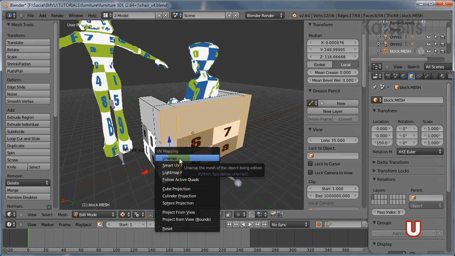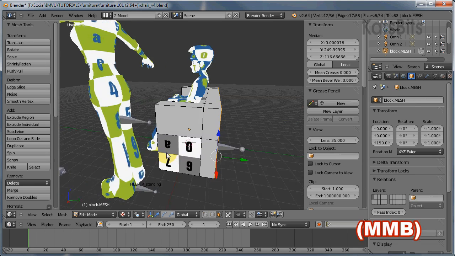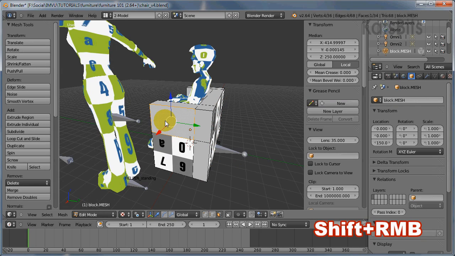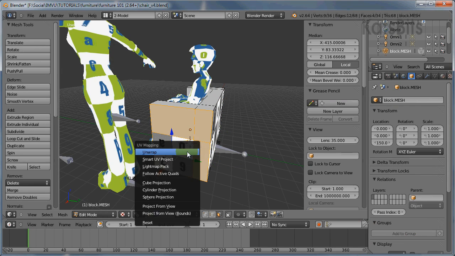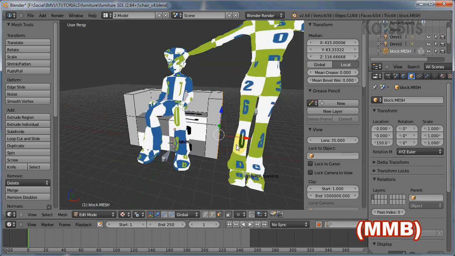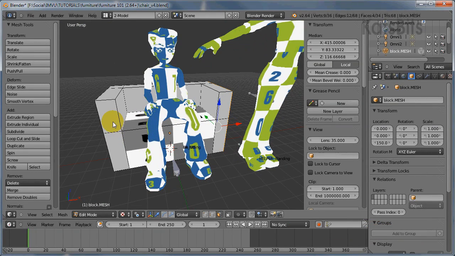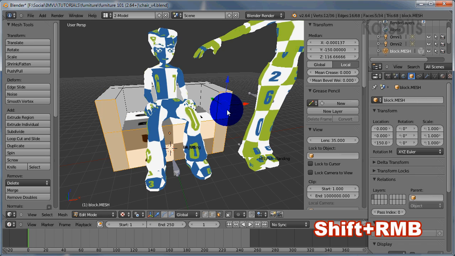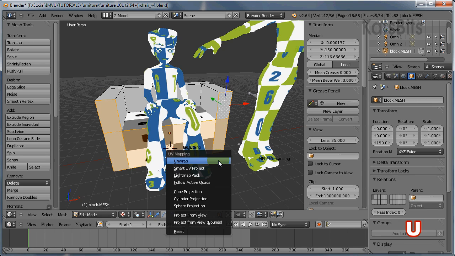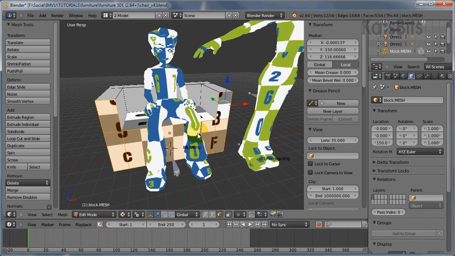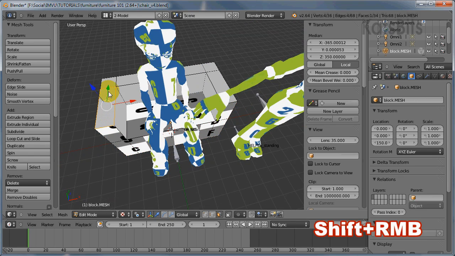Press the U key. Right mouse click Select, Shift. Press the U key. And for the front, we can right mouse Shift and then U again for the top, right mouse shift,